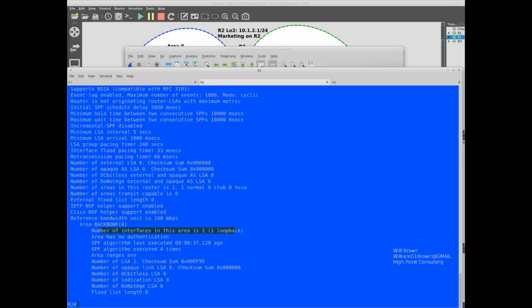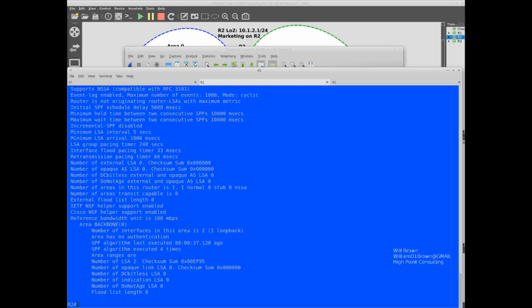Number of interfaces in this area is 2, so that's the loopback interface as well as the interface for the segment between router 1. Area has no authentication. We'll be doing authentication in a later segment. And we'll also be digging a little more into the LSA types and some of the additional features in that show IP OSPF.